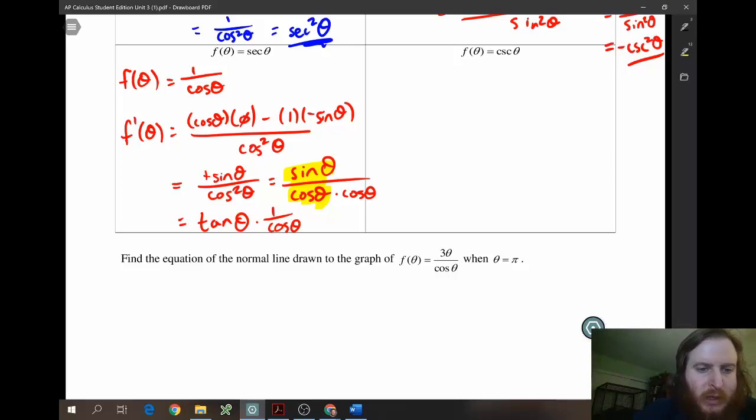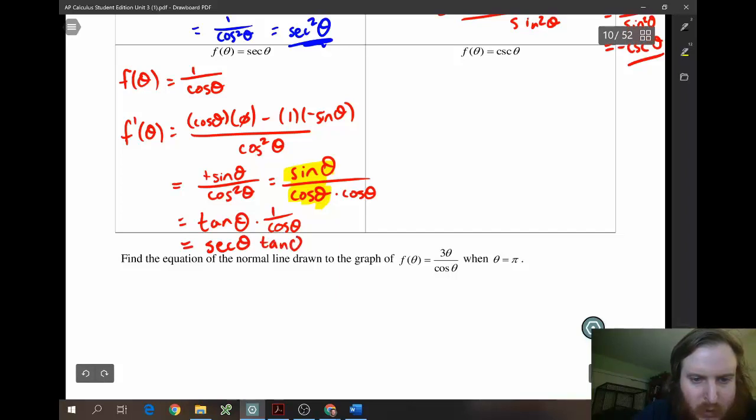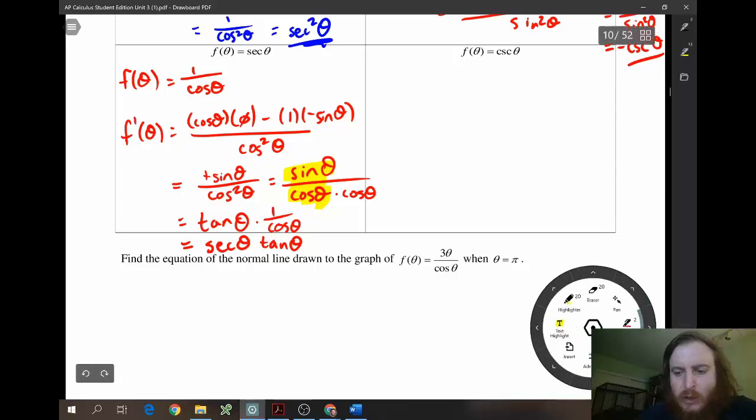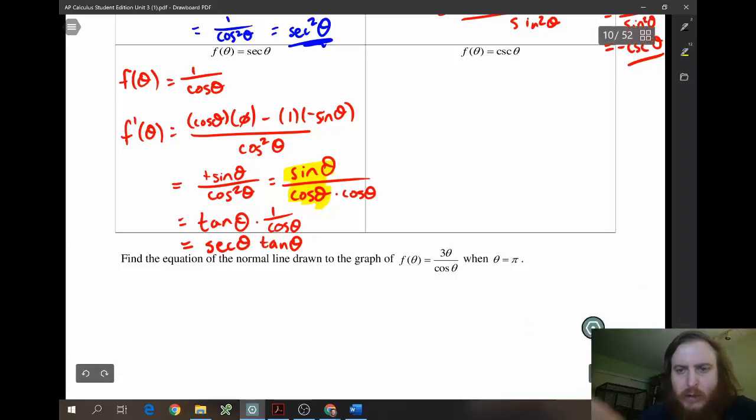And we end up moving the secant in front just because it rolls off your tongue better. So we write it as secant theta tangent theta. Obviously flipping it to tangent theta secant theta would work also, but generally the secant is just put in front because it sounds nicer. So there's that derivative, and then finally we have the same process where we could say that cosecant is 1